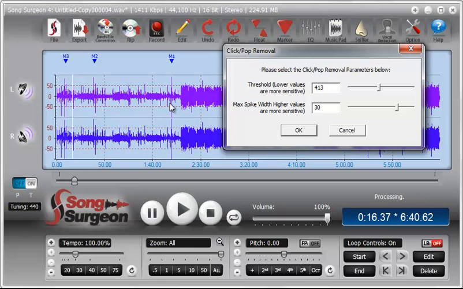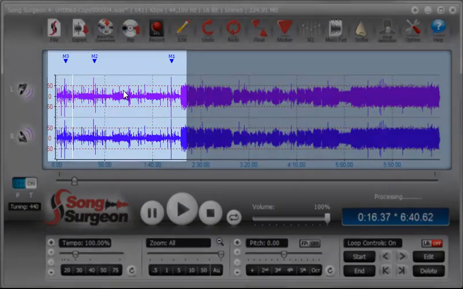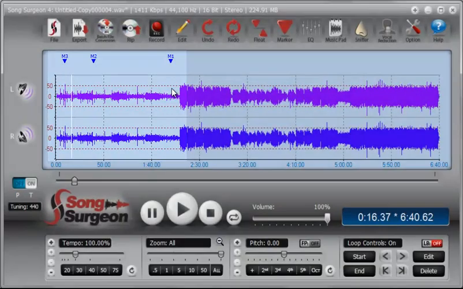And now when we do, watch these areas underneath these markers, and you'll be able to see that these spikes actually disappear. It's processing down here. Let's watch these areas here underneath the markers. And there you go. There was a very noticeable one there. There was one here. There was one here. It looks like it removed part of it, but not all of it. So when we go ahead and play this now,